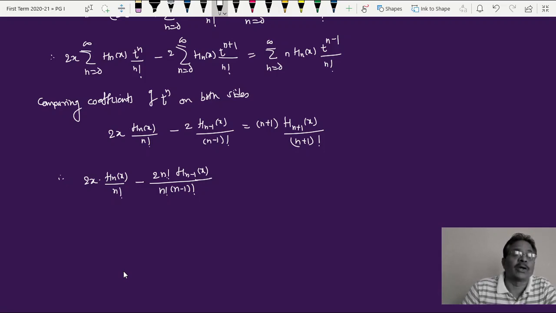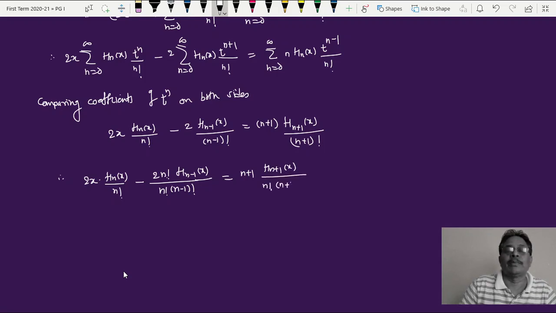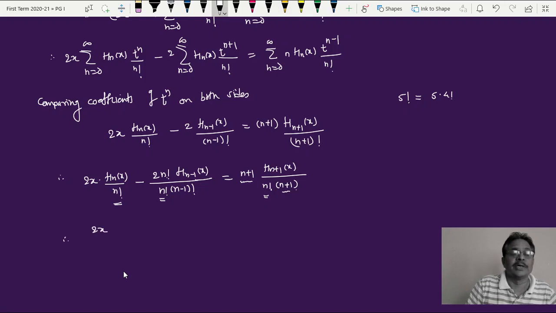Now 5 factorial into 4 factorial is 5 factorial. So n factorial into n minus 1 factorial is n factorial. So it is equal to n plus 1, and here this term can be written as hn plus 1 of x, and this can be written as n factorial into n plus 1. This term n plus 1 factorial, just like 5 factorial can be written as 5 into 4 factorial. This way I have written n plus 1 factorial is equal to n plus 1 into n factorial. Now we look here, n factorial appears in the first term, and n factorial appears here also, that can be cancelled. Then n plus 1 here and n plus 1 here can be cancelled, and therefore what cancels and what remains is twice x into hn of x